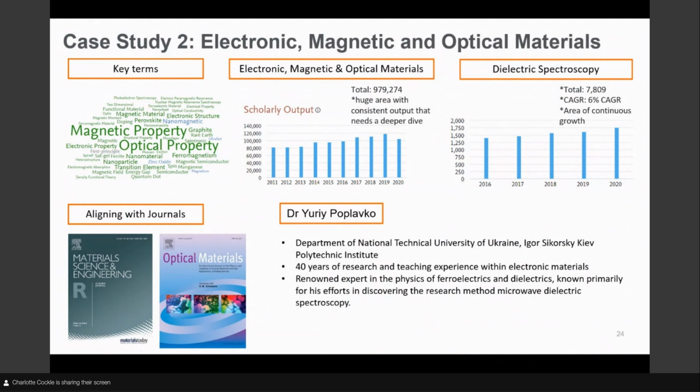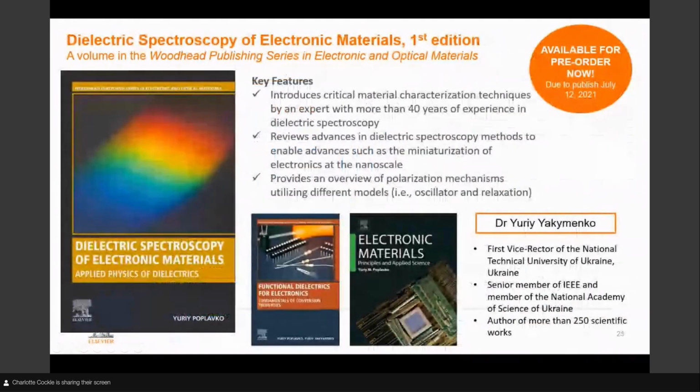Dr. Poplavko has over 40 years of research and teaching experience within electronic materials and is a renowned expert in the field of dielectrics. They've also published with us before, and it is a relationship we greatly value. And here is the final product that Dr. Poplavko created, which is due to publish, in fact, has recently published and is available now. So Dielectric Spectroscopy of Electronic Materials is part of our renowned Woodhead Publishing imprint and reviews the latest advances in